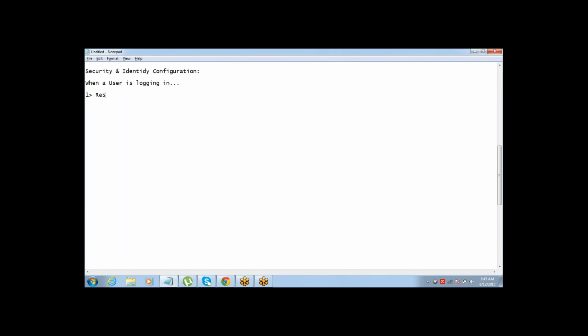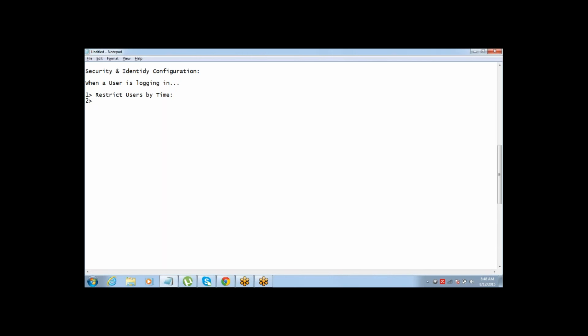You can restrict the users by time. So you can restrict your users to log in at a certain time. The users will be able to log in from 9 to 6, and anyone will not be allowed to log in after 6.